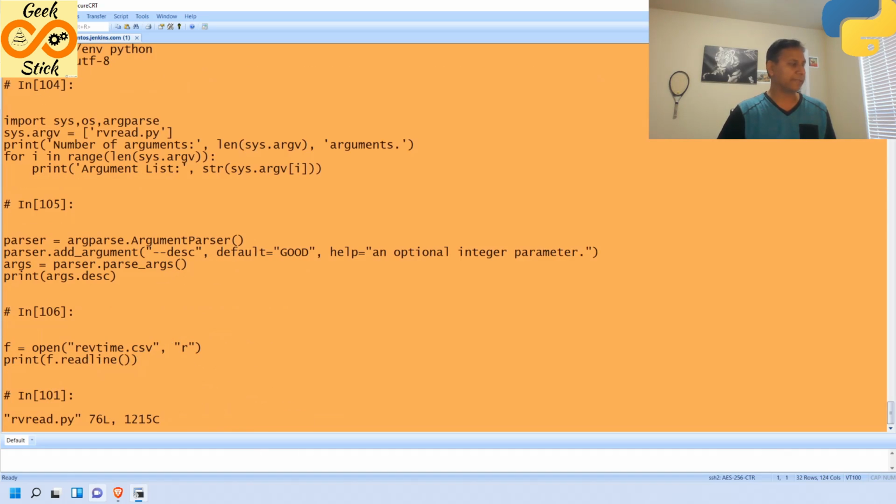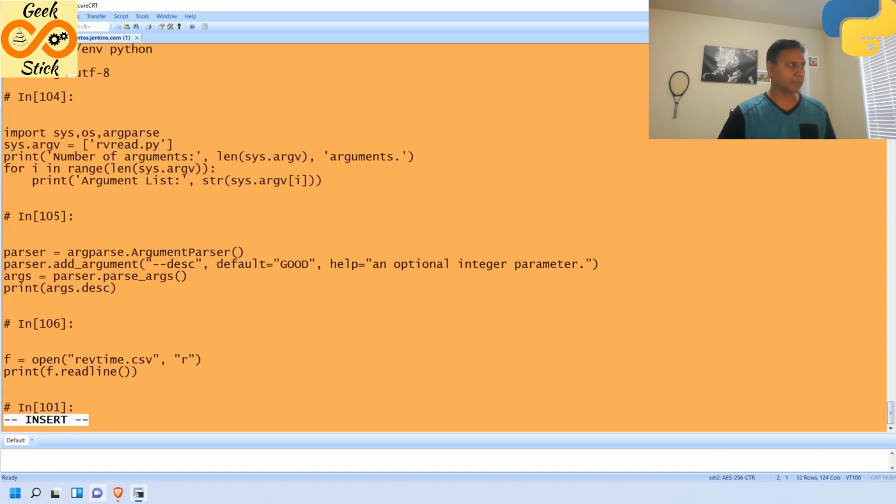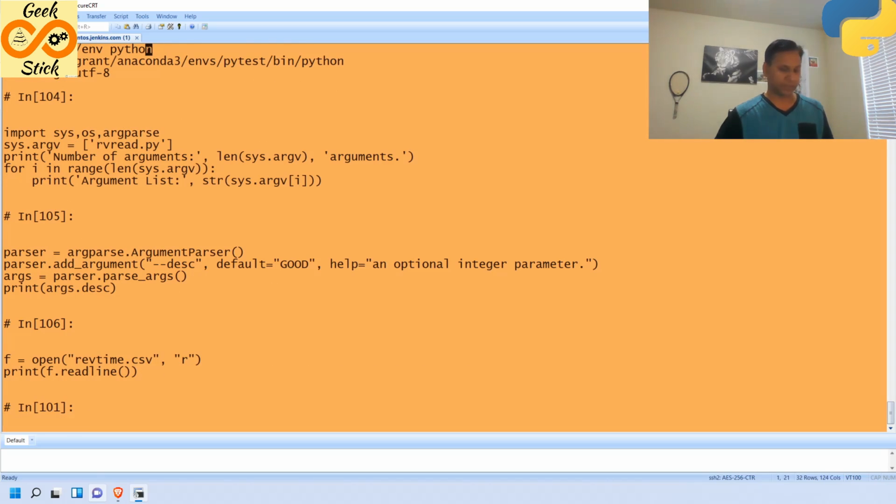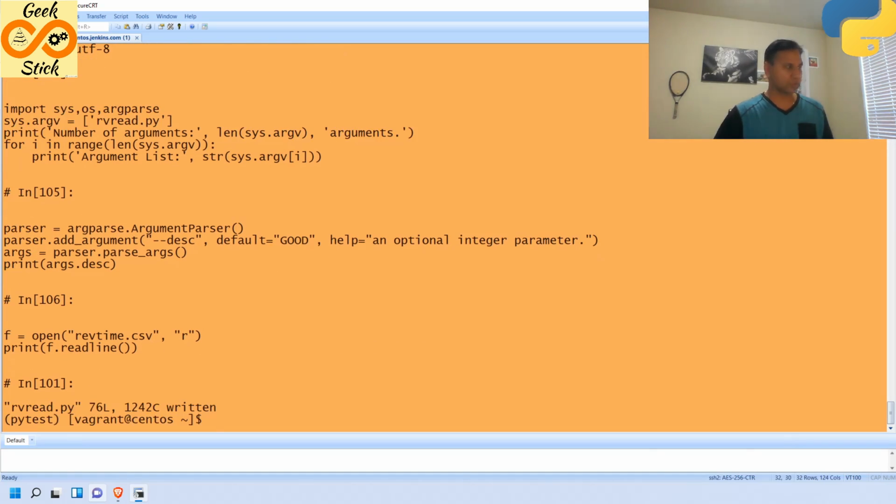Instead of using it like this, let me give this value, because what I get here is /home/vagrant/anaconda and so on. So I don't need this anymore, and though it is not in this virtual environment, it will run successfully.